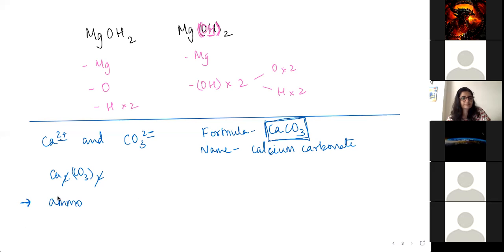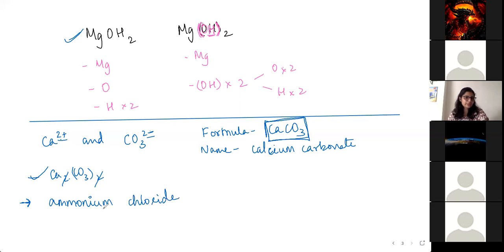Ma'am, do we have to write this in the notes part? Take note of this because this is your own practice. If in future you want to reference it, or if you have some doubt and need to refer to something, it'll be there in your book. But write it down somewhere, either in your practice part or in your main notes. Anywhere works, but note it down. Ammonium chloride.